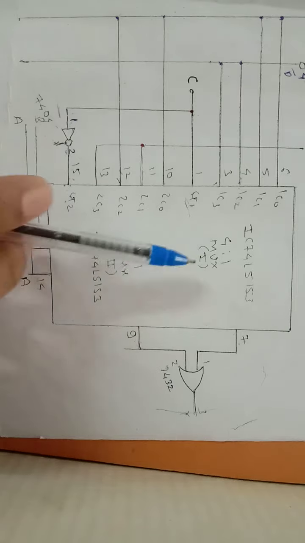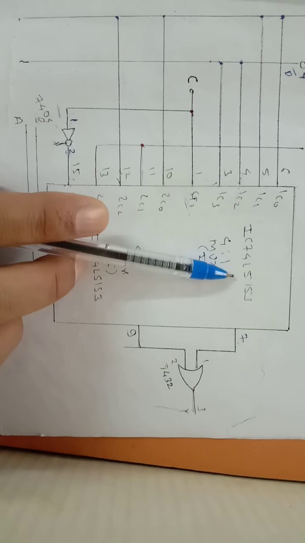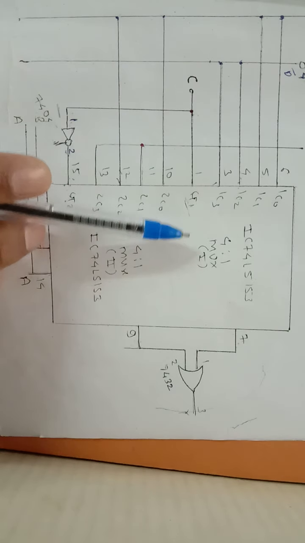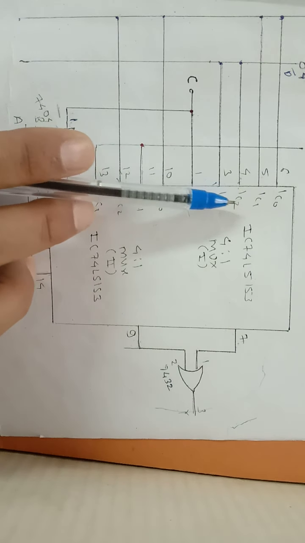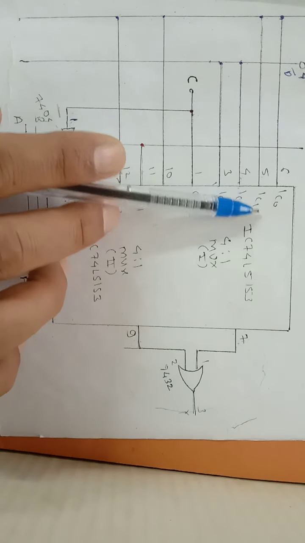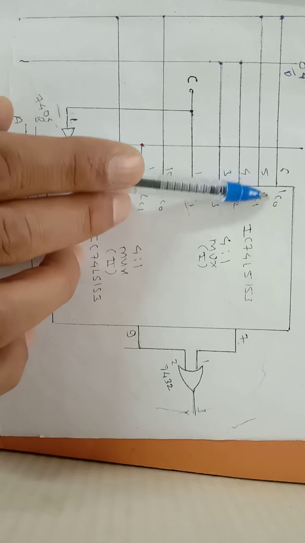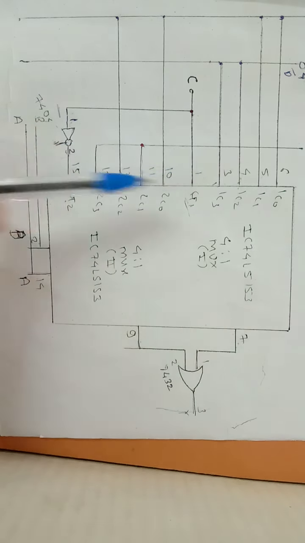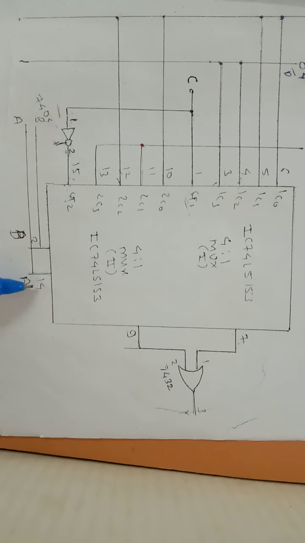So I see 74LS153. These are the first mux and second mux, the multiplexers. So that notation 1C0, 1C2, where we connect them will be decided by our designing table. As per the designing table, 1C0 we have to connect to the D input, right? But before that we can see the select inputs. These are the select lines.